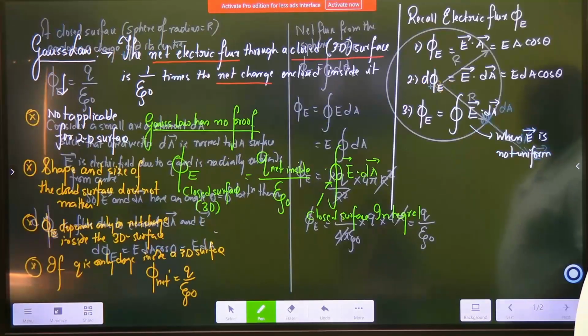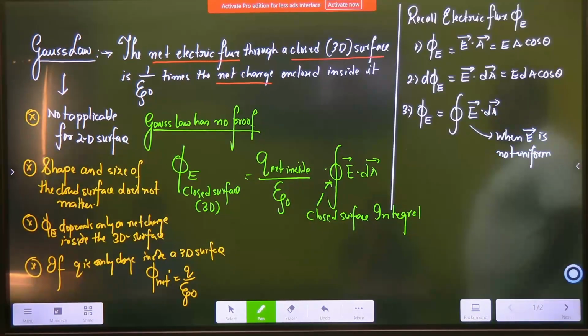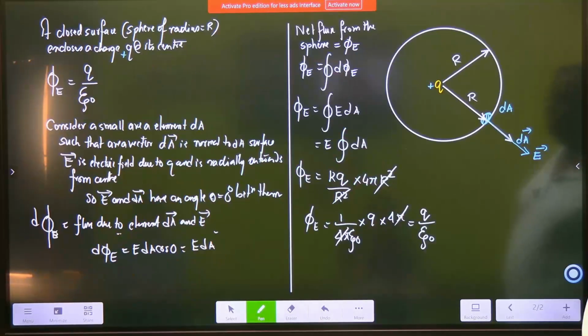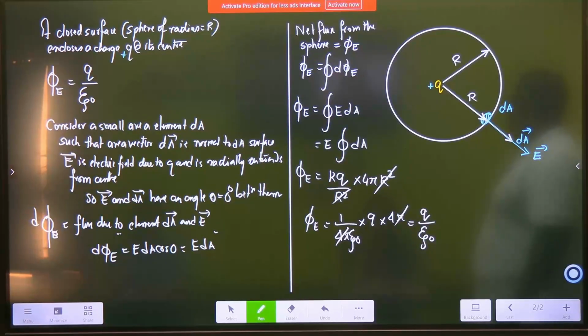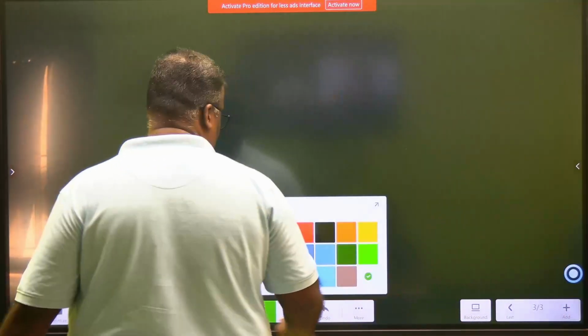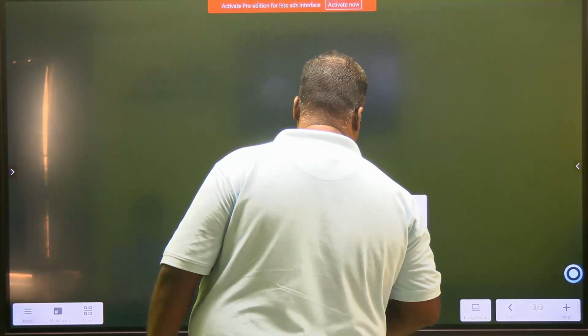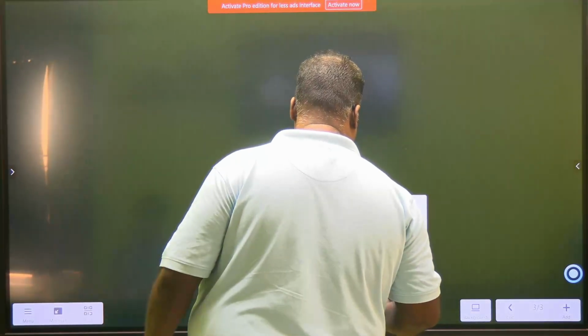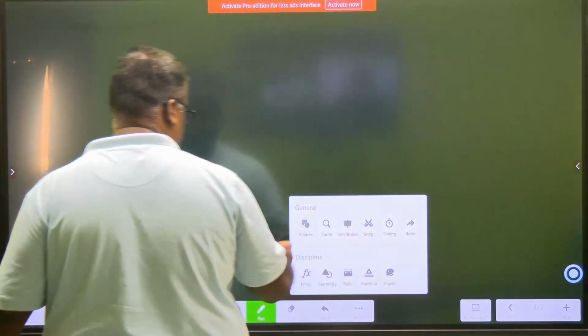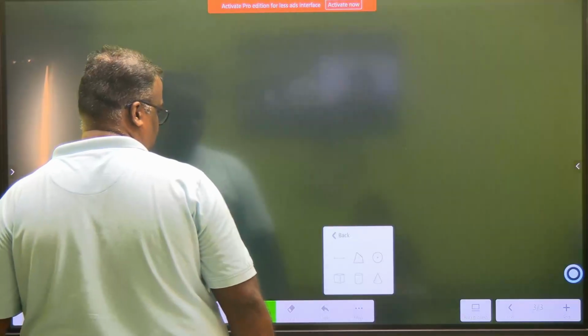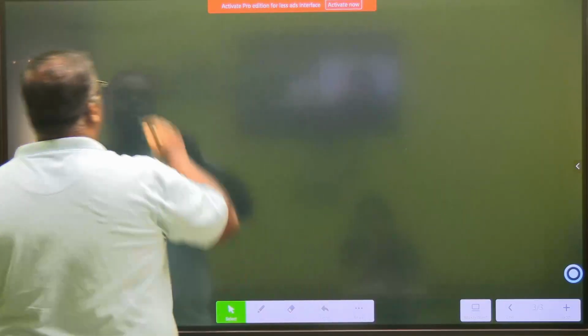We'll just debate this point where we said point number 2, shape and size of the closed surface does not matter. Okay, shape and size does not matter. And what I mean by shape and size is, give me the option to draw 3D geometry shapes. Okay, we don't have that. So suppose